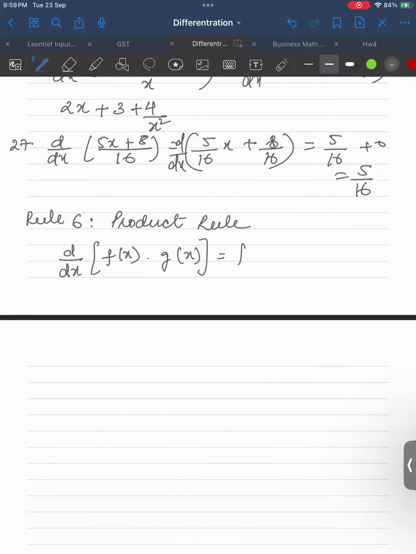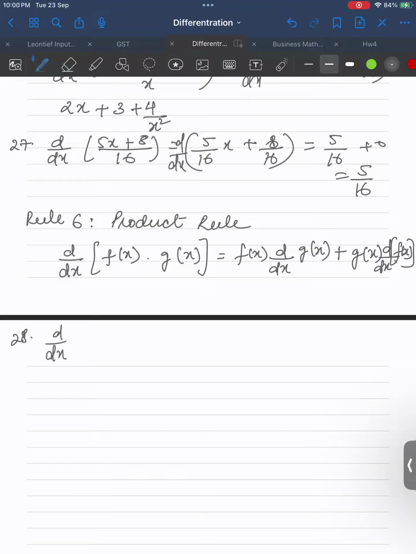It would be first function को ऐसे ही रखो and then differentiate the second term. Plus, now keep the second term and differentiate the first term. Is it clear? क्वेश्चंस करते हैं और क्लैरिटी आ जाएगी।